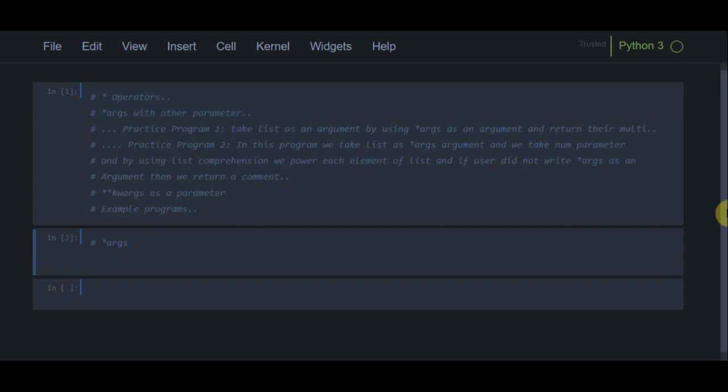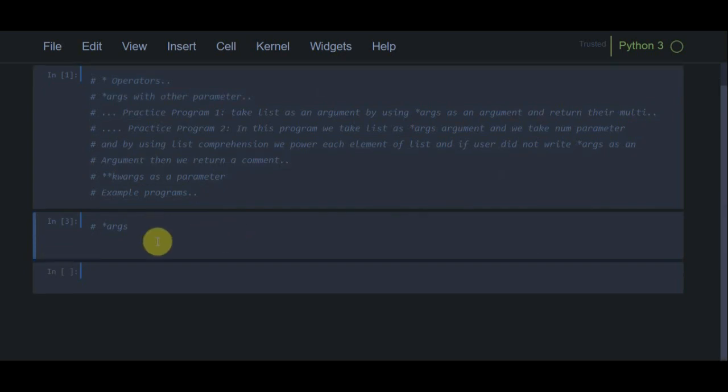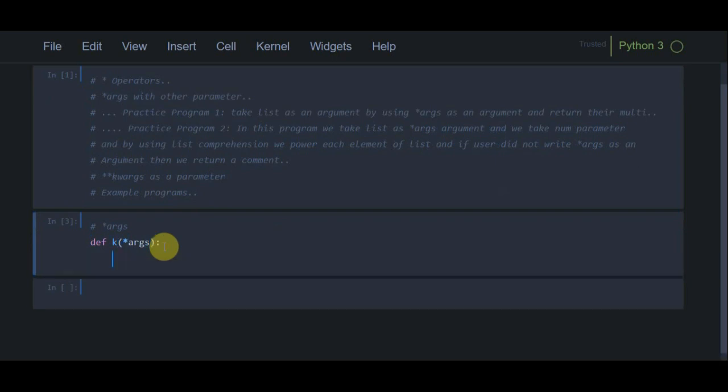Now as we discussed earlier, these star arguments or operators help us to provide multiple arguments. So I'm going to create a function. Suppose k is our function and in the argument I am using star args. In this example program, we just have to return the sum of all the arguments.